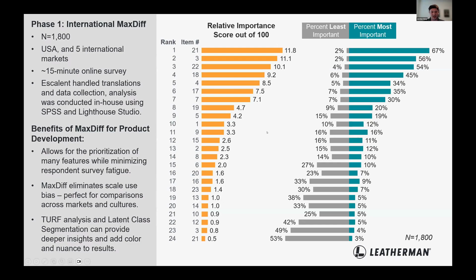And these numbers sum to 100, and they are ratios of one another. So things at the top of the scale may be twice as important as something in the midline, or over 10 times as important as something falling in this kind of lower third.